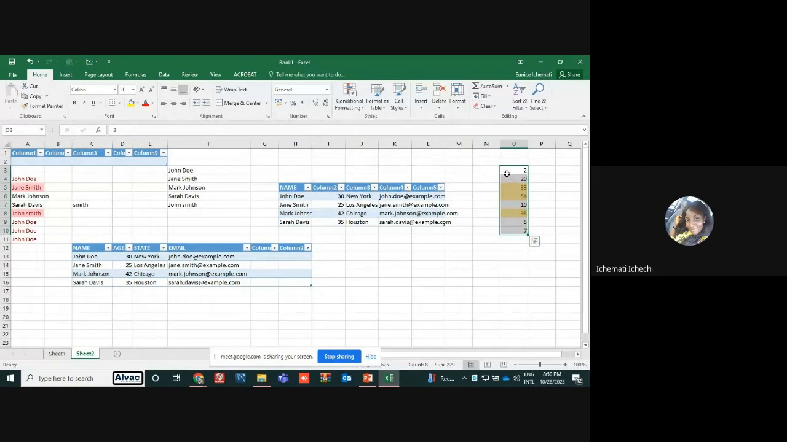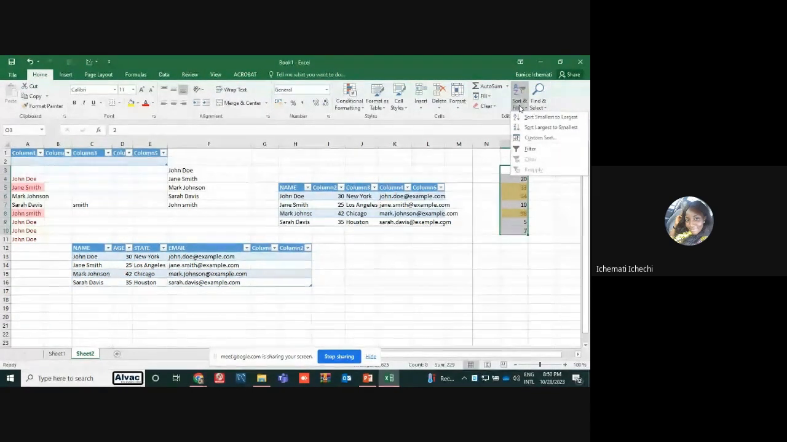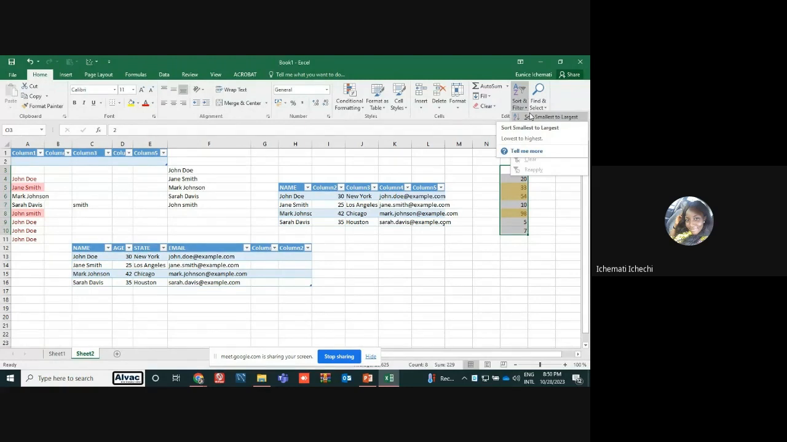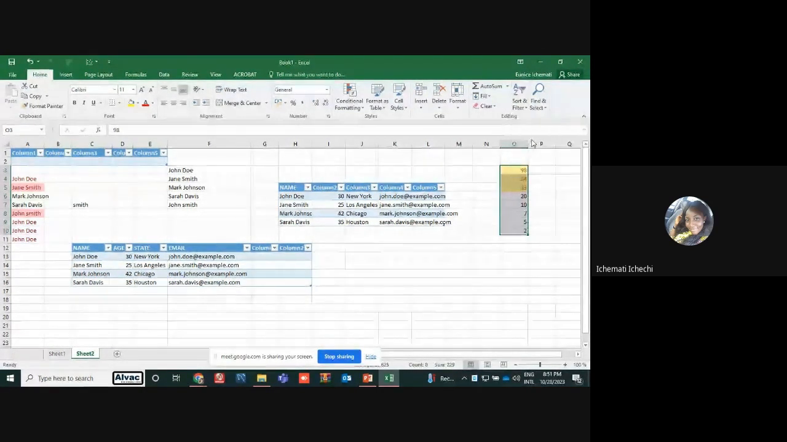So we've selected our range of values, and here there's this sort and filter. So if I'm going to sort in ascending order, so sort smallest to largest, that is ascending order. So this has sorted the data we have here from the smallest down to the largest. And we can also do from the largest to the smallest. And then for our custom sorts,